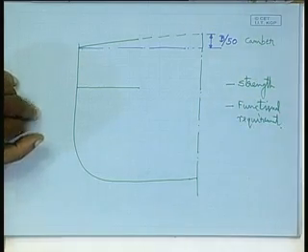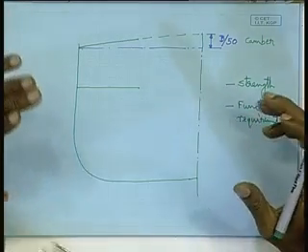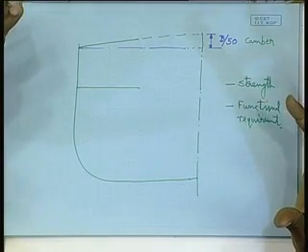Right? These are the two aspects it will look into. We will automatically get structural soundness, or satisfy the structural requirement, if we properly follow the guidelines of these classification societies. And functional requirement, that is the designer's job. So, he will have to look into for what purpose the vessel is being built, because if we go back a little bit to that stage